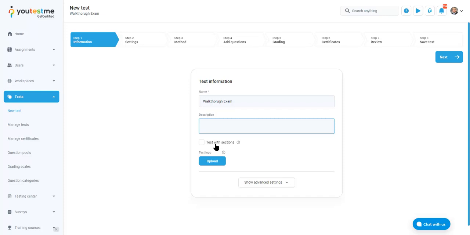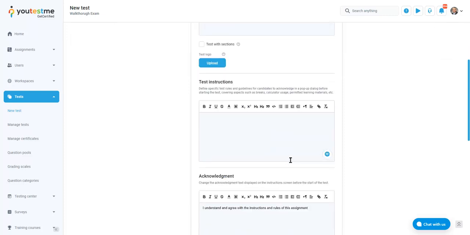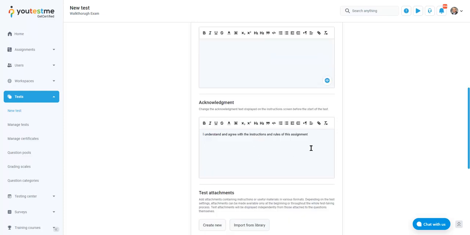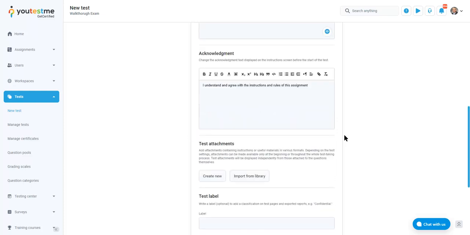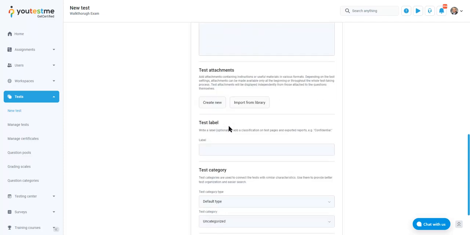This means that basically you will have several tests bundled into one test. Each section has its own rules, its own timer. Basically, they have their own questions, all of that. However, they are graded separately, but also all together, and they're bundled, so they need to be taken in one sitting. You can even have a test logo and naturally test instructions, acknowledgement message basically for these instructions, and test